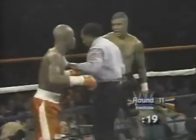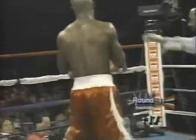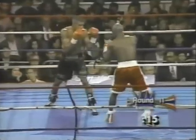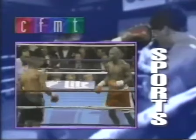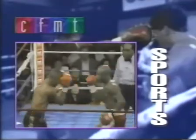And referee Rudy Battle has to separate the two guys. Only a few times in the fight, a fight that you expected to be such a difficult fight for the guys. Paul showing a bit of heart, and you don't become a world champion without heart, and showing some here. It was in the 11th round that he...